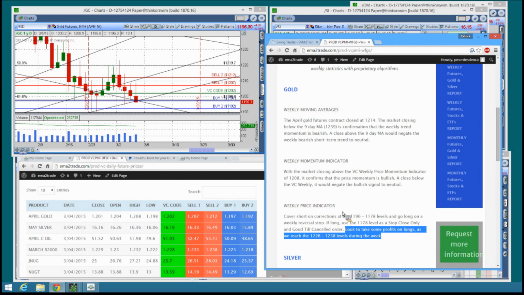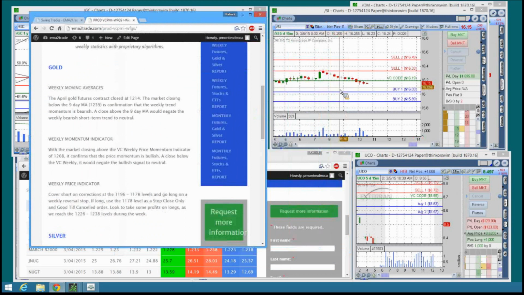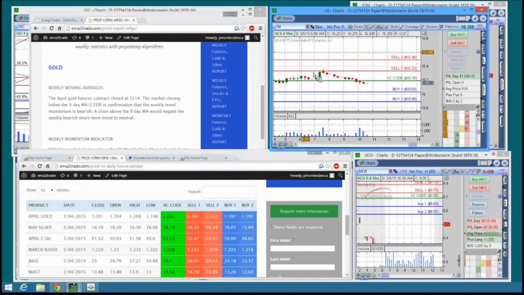So let's take a look at basically the silver market and see pretty much what we can anticipate. You're looking at the silver market here. We're using basically the 15-minute bar chart, and we use the daily algorithms that you see below to trade and swing trade short term. And we've been able to pretty much successfully